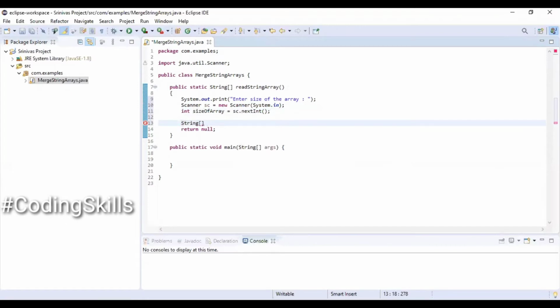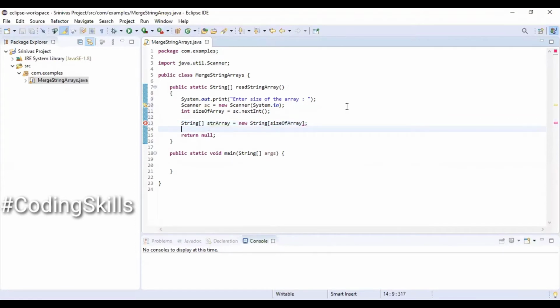String array strArray equal to new String of sizeOfArray. Based on the input of the size of the array, we are allocating the number of objects. For int i equal to 0, i less than sizeOfArray, i plus plus.